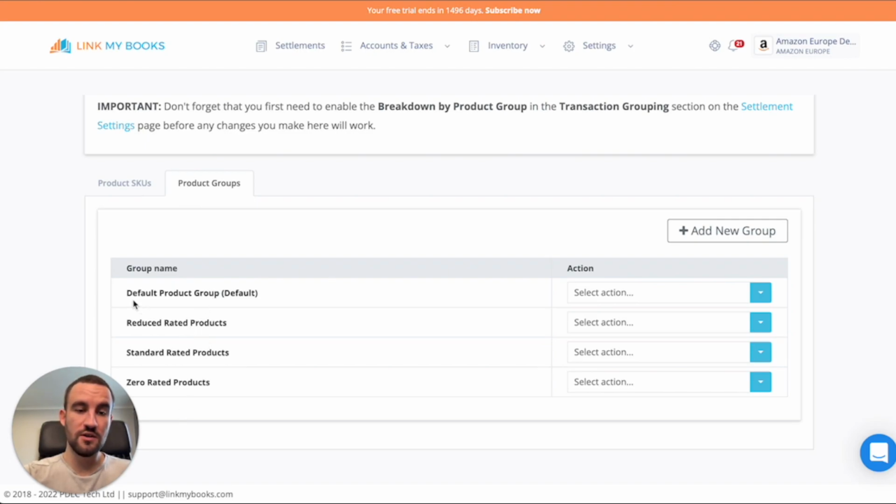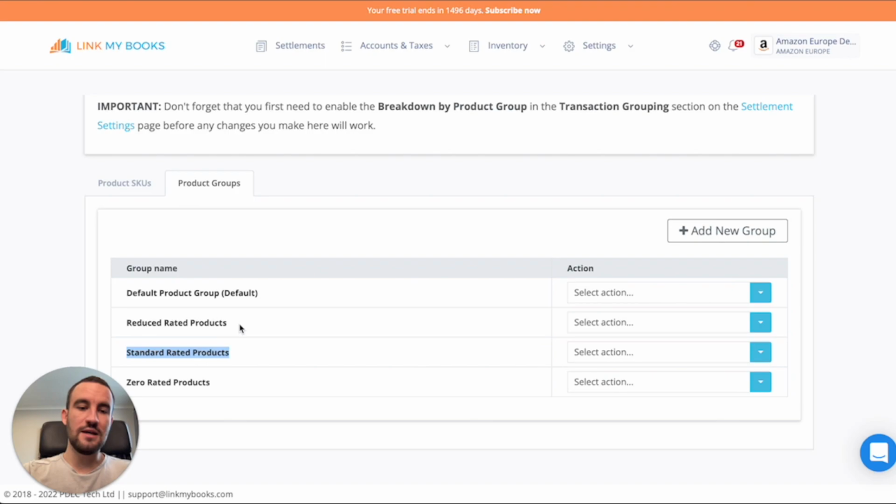So we've got, first of all, the default group, and that's where all products are as standard. When they are brand new products that we've seen for the first time, they'll go in the default group, and that default group will follow your default tax settings. So if you've set 20% for your sales that are going to the UK that you are responsible for collecting the VAT on, the seller, as in not the marketplace, then those will also gain 20%. The same for the standard rated products